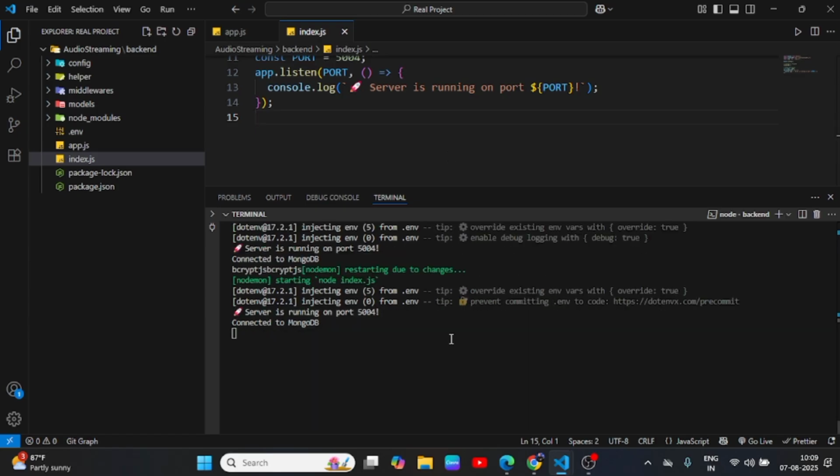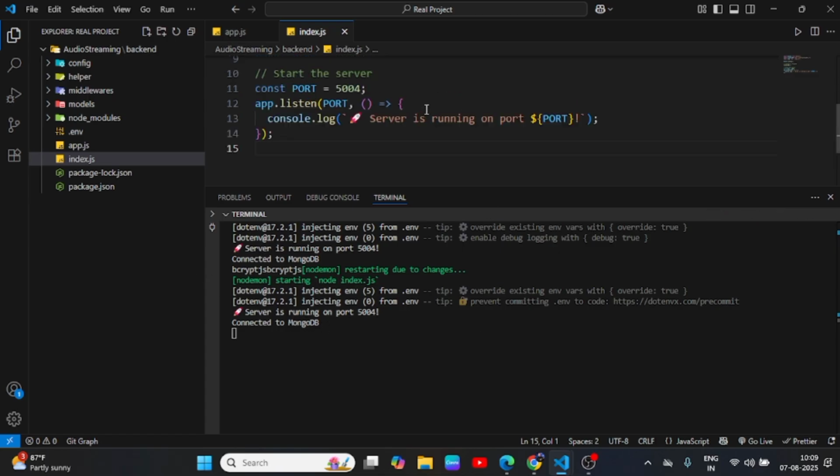Yes, so now our server is running. Server is running on the port and connected to MongoDB. Right. So how cool is that? So we set up our backend, our basic things, right? So we already set up, and in the next video